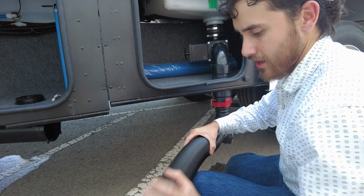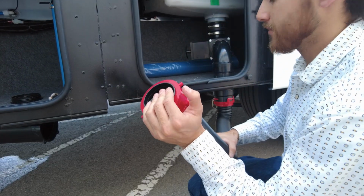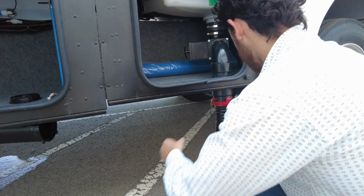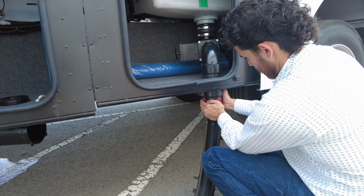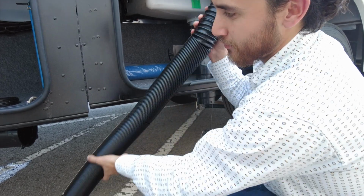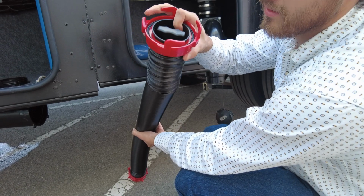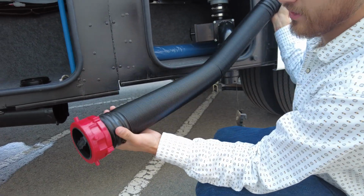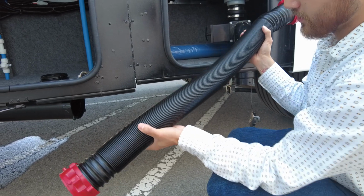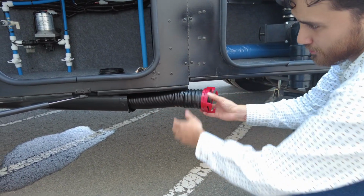So we'll collapse the hose, put the stopper back in, we're going to break this loose, and just be mindful there's also a stop on this side, so you want to make sure that this is out and that this is out so that we can get nice flow throughout the hose. After you're done with that, you can store the hose back in its home,